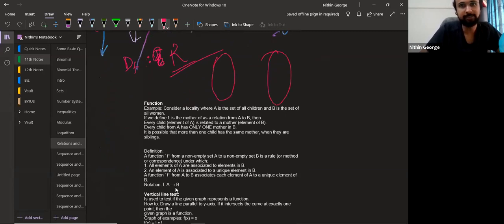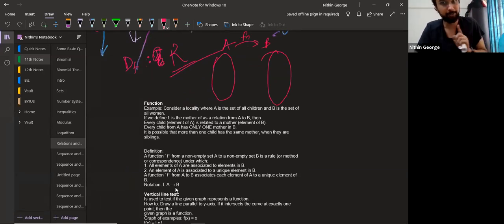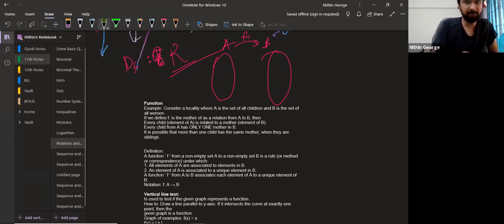You have two sets A and B. You can draw a relation from A to B. So can you draw a function from A to B? Okay. A relation will have its own set of elements, A, B, C, D, and so on. And B will have its own set of elements. Okay, let's suppose it ends at E. B will also have its own set of elements, which are 1, 2, 3, 4, 5, 6, 7. Now, the idea is, how do I draw a relation?